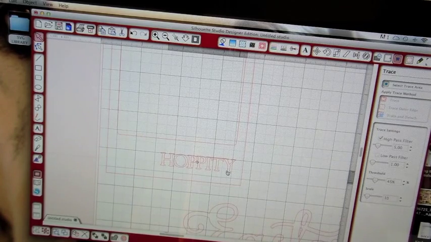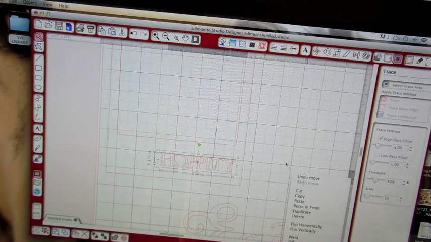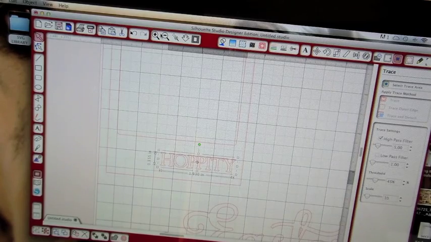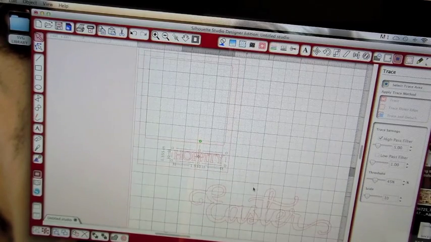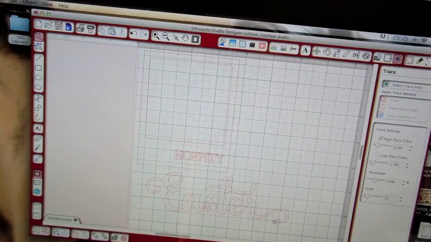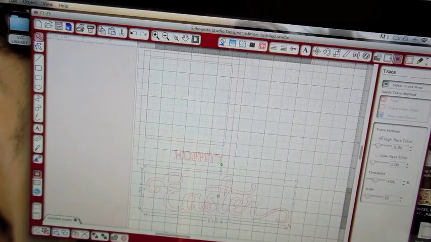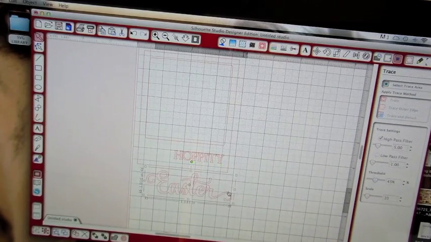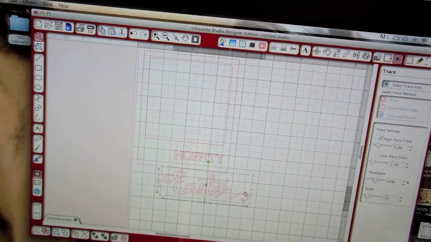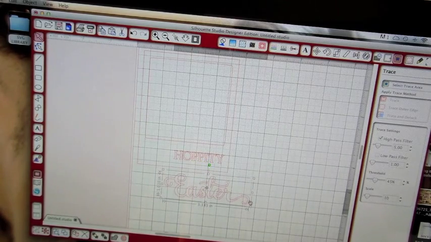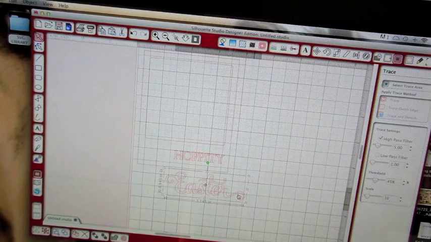And okay, so I think that's, and then my Easter is going to be below it on my card. Where's that there? There, I think